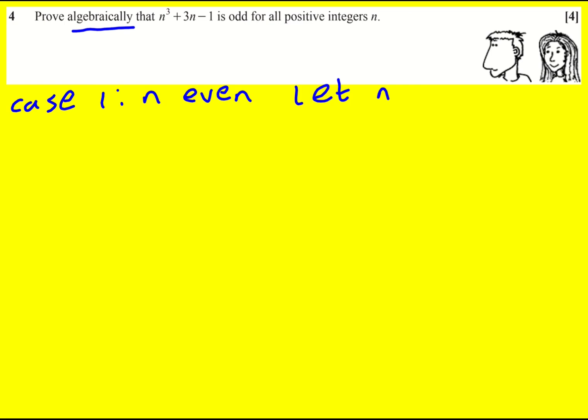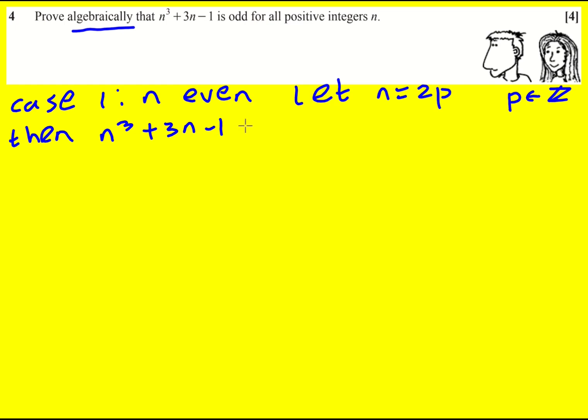And then I'm going to let n equal 2 times something, 2p, let's say, and p itself is an integer. That's very important. So I could write it like that, or I could say it in words: p belongs to the set of integers. All right, then n cubed